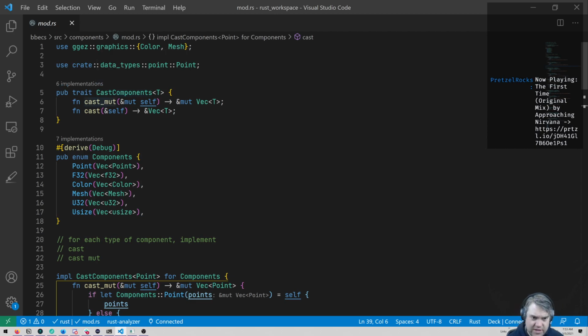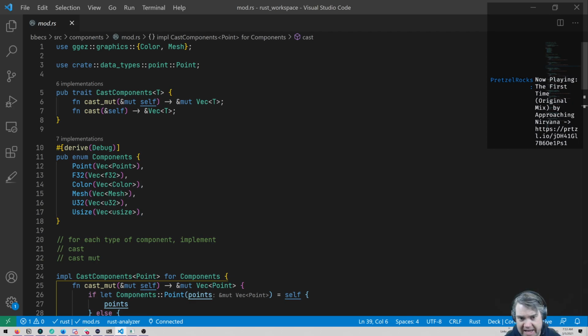All right, what are things that can happen here? Okay, so for example, when we cast mut or cast, this is something that can happen or it cannot. So either it's going to be an Option, meaning you try to cast and you get nothing from it, or it's an error. You tried to cast, you can't do that. Error.